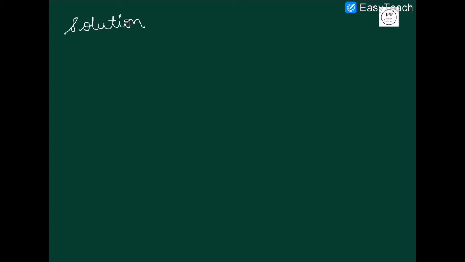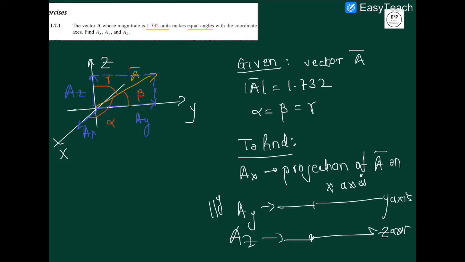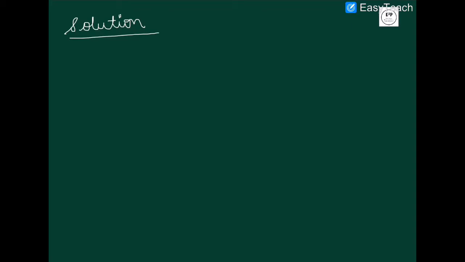So we have the magnitude as 1.732 and all the angles are equal. So first let's define something. Magnitude of A bar on some, okay, I guess I am going wrong quite here. So let's start with a fresh definition of projection